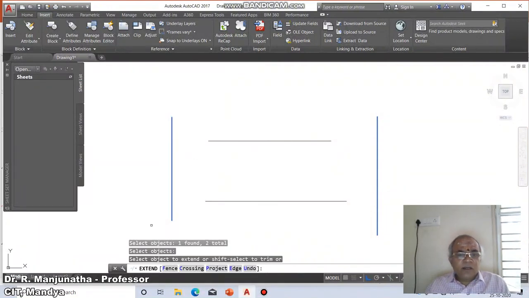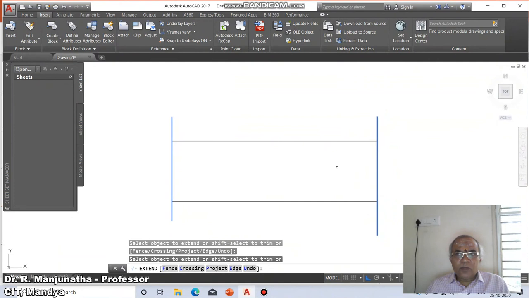Then select object to extend. So I want to extend this till here, and I want to extend this till here. Similarly, I want to extend this till here, and this till here. So this is how the boundary extend is going to be considered.